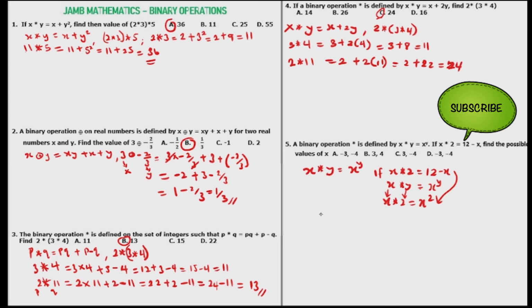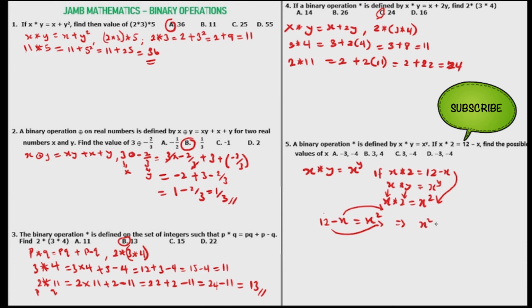So we have 12 minus x now equal to x squared. Now, because of this, we can transfer everything here to the other side. You have to transfer it to the other side because this is where x squared is. We have positive x squared here. So everything will now be equal to